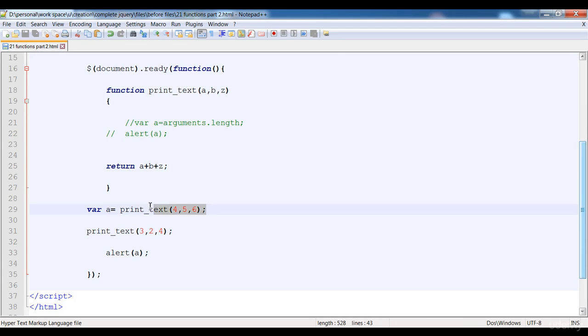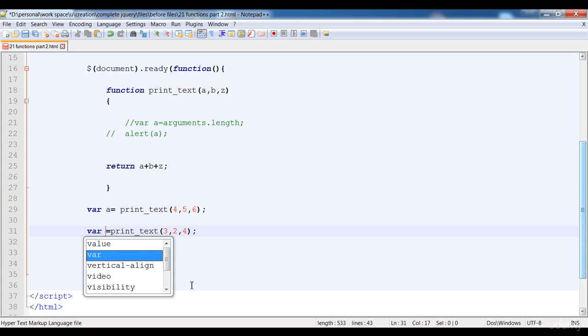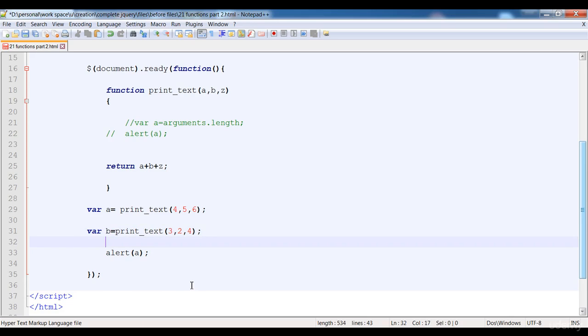So now when this statement calls this function, it will pass its values 4, 5, 6, and then addition is performed on these values, and values are saved here. And then this statement will call the function again, and it will pass 3 to 4 values in these variables, and then this addition is performed on these variables, and it will return the result. Here I'm going to store it in the b, and here I'm going to print with some space